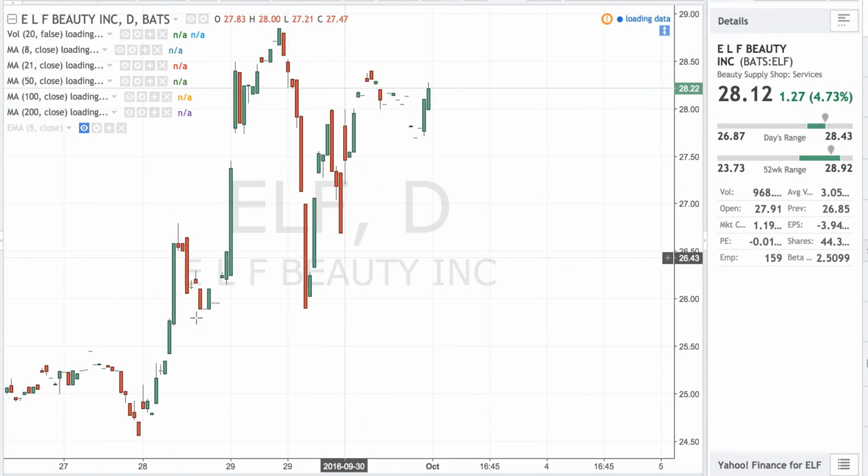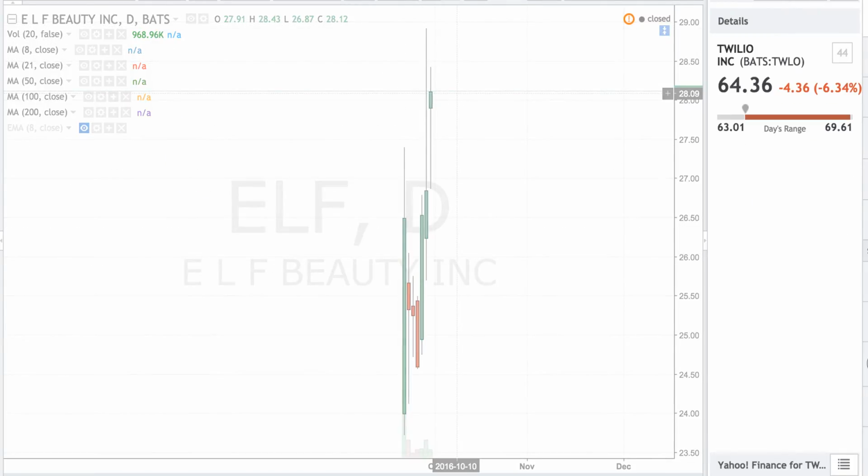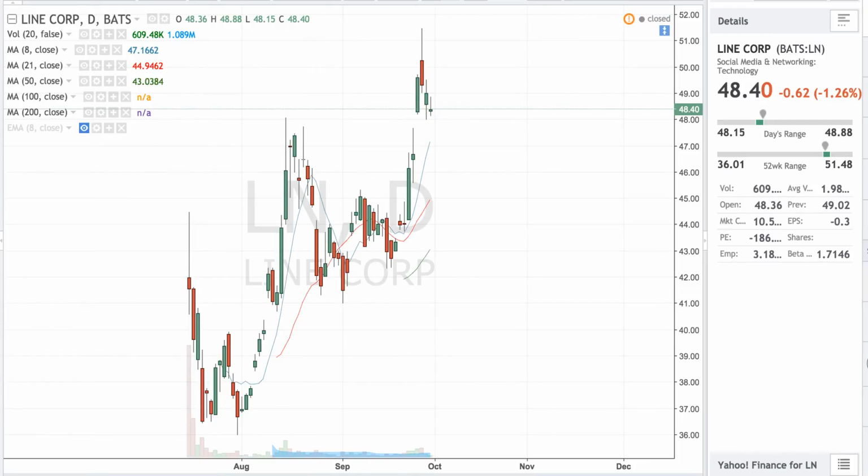Take a look at this ELF. This gave us, let's look at the daily chart. Hold on. This gave us a great trade after this consolidation down here. We bought through 25, 26 area, took some off, and then we're still holding some. It's definitely, look at the runs they've been on. Twilio, huge run. LN, huge run. And then the monster,